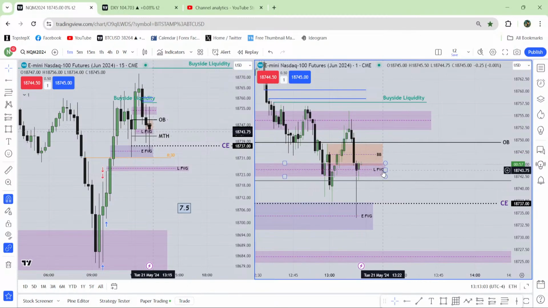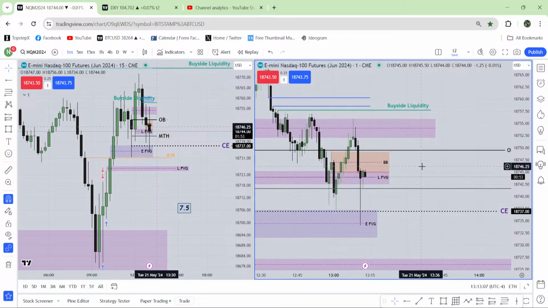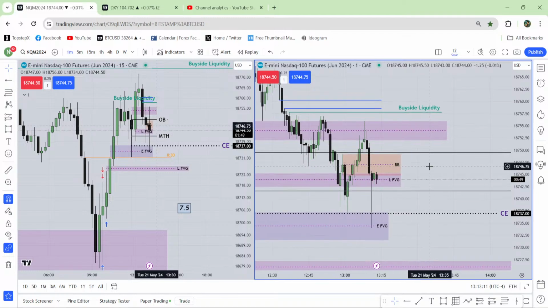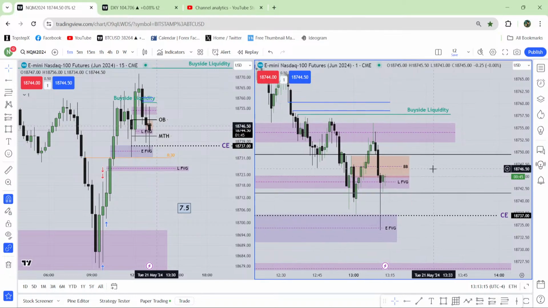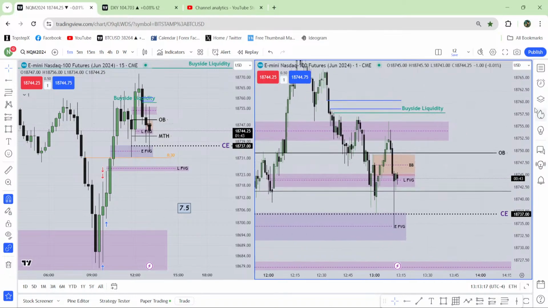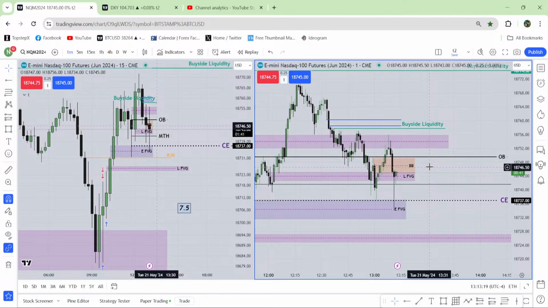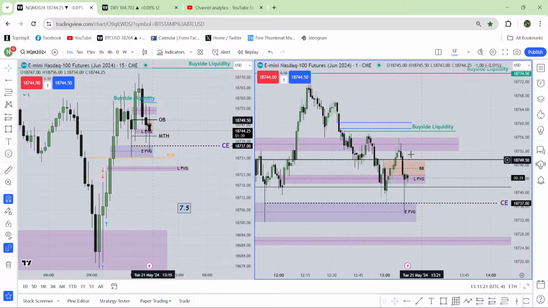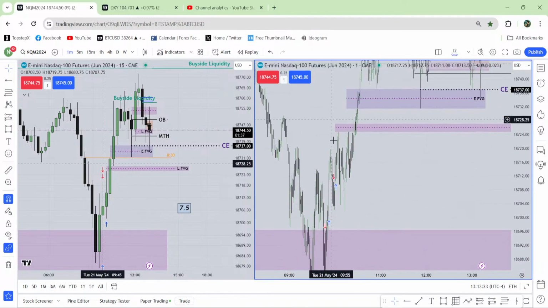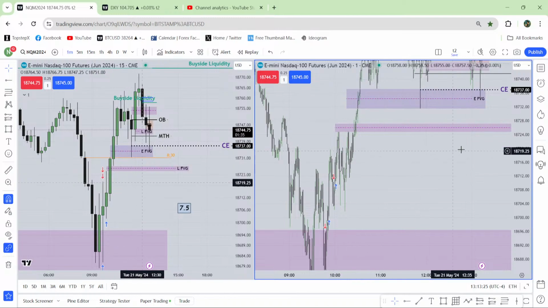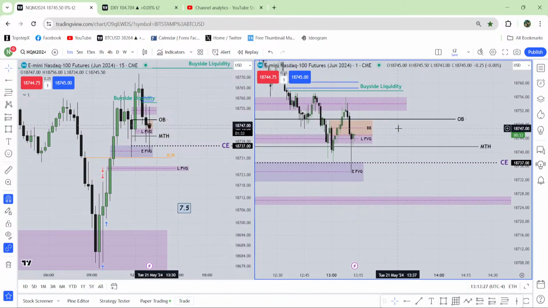This is the last fair value gap from the 1-minute chart. Breaker block is still valid. All I need to see is another candle close above this breaker block. Today's price action, if you ask, yeah, it's extremely difficult and very bad price action. Even all the buys over there, it's extremely bad price action.